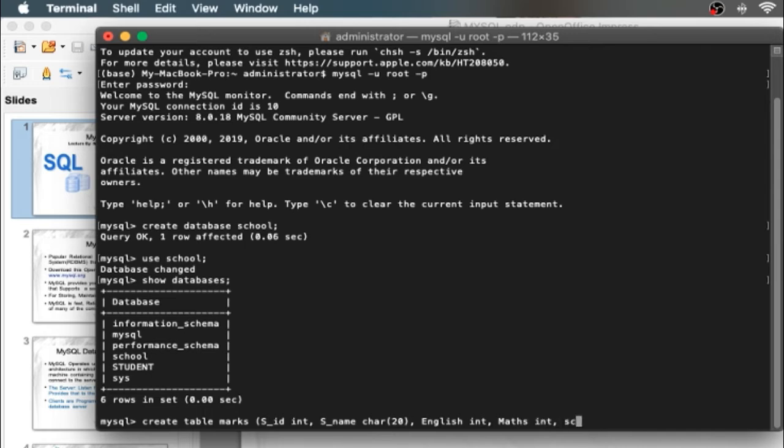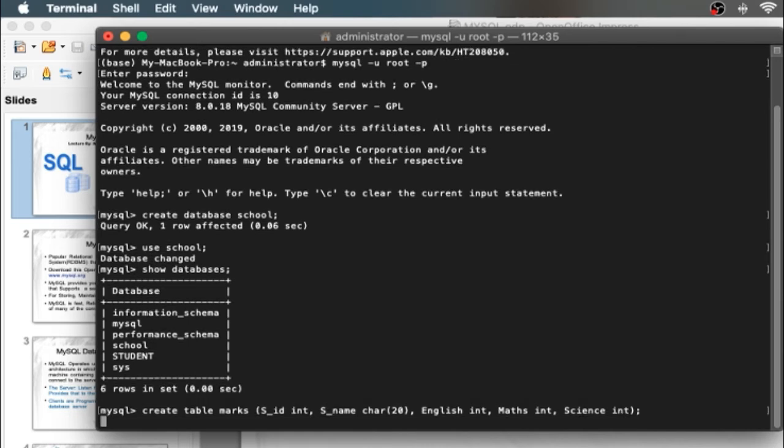Then science marks, also integer type. So things are clear to you how to create the table. You write create table and the table name, bracket start. First you give the variable, then its type, then continue. Bracket close, termination, and enter.